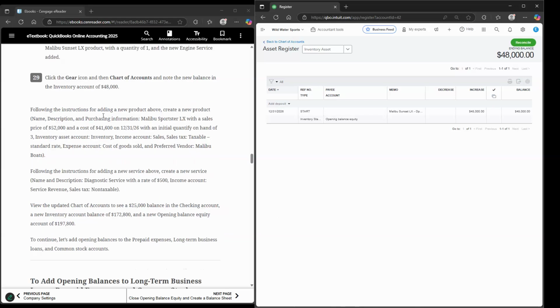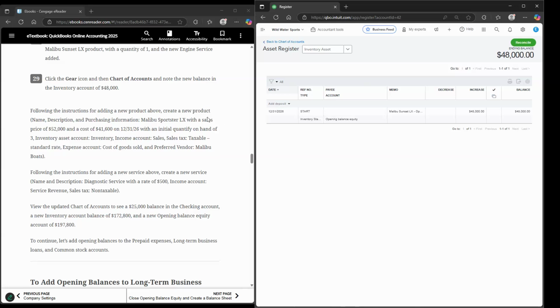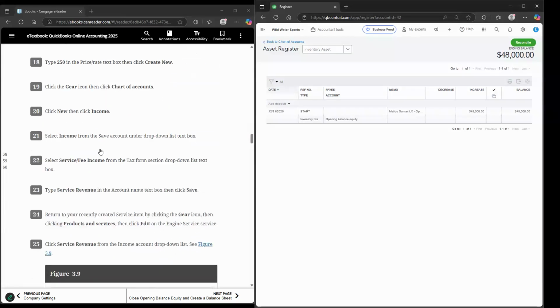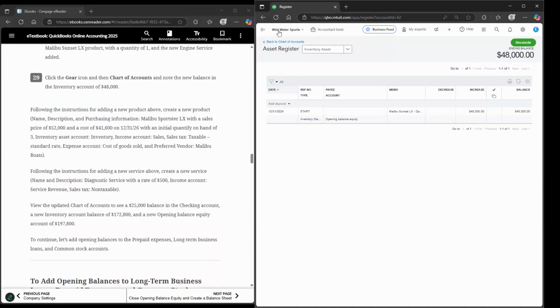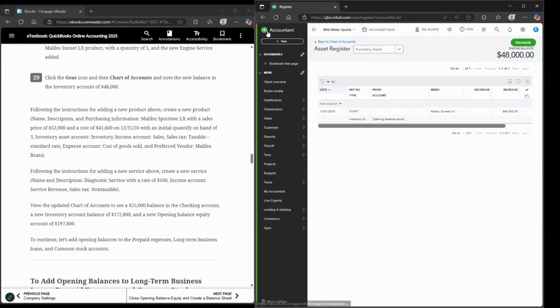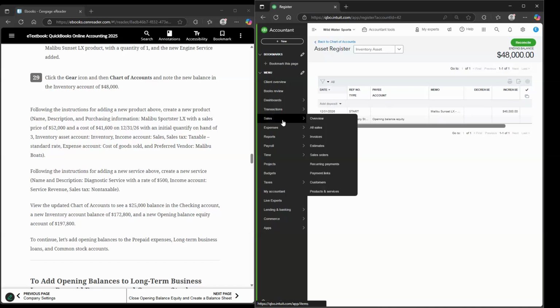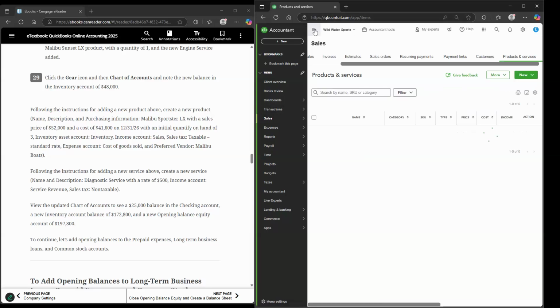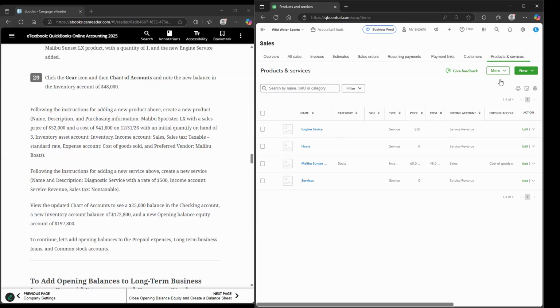So here it's saying, following the instructions for adding a new product above, create a new product, name, description, and purchasing information is down below. So again, it shows you how to do it step by step. And then it's basically saying, hey, I just showed you what to do, now you do it on your own, right? Pretty much just like when you are at a job, they teach you how to do it, and they expect that eventually you're going to be able to do it on your own. So we go back to sales, we go to products and services, we select new,